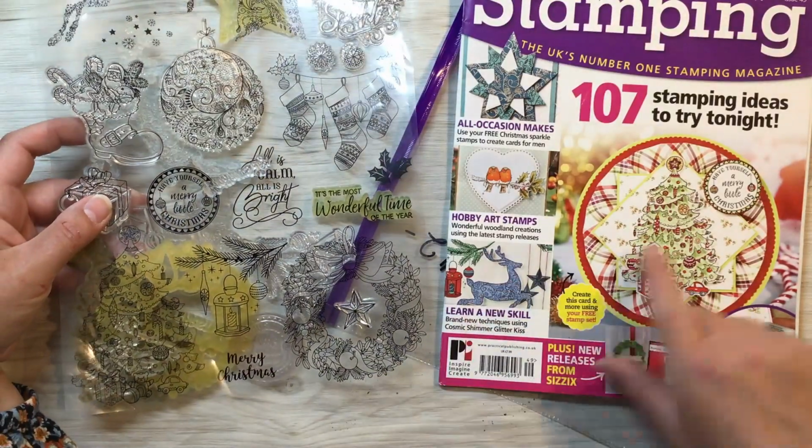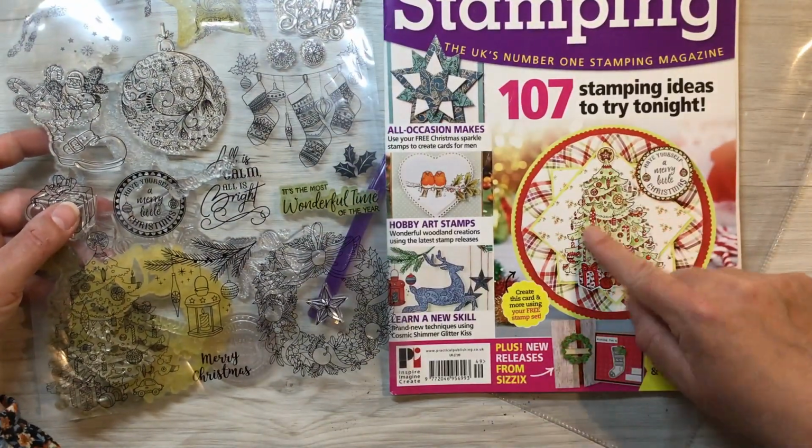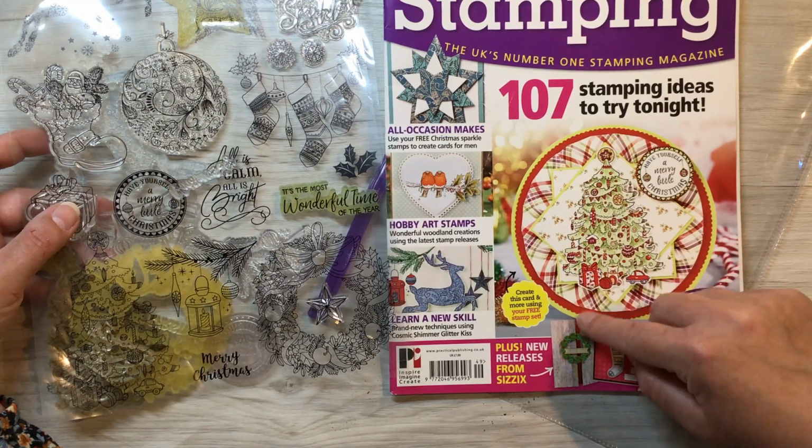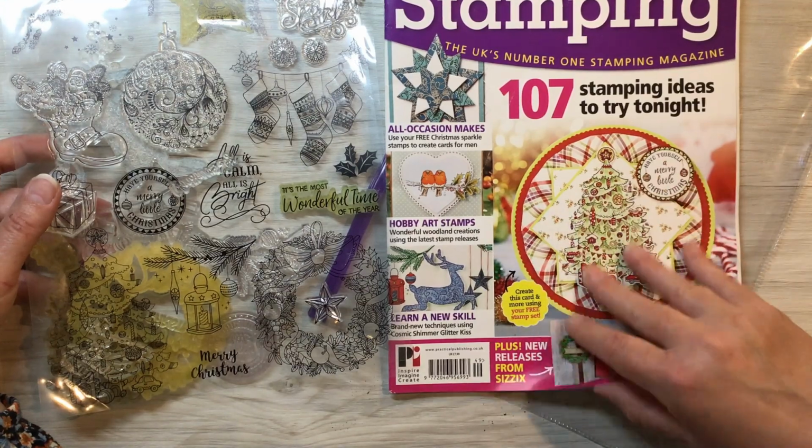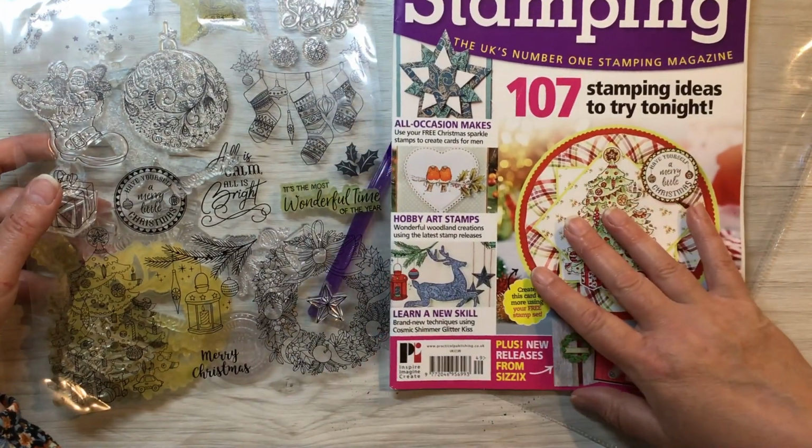So, Christmas tree, yeah, it's got that Christmas tree. So, this is what someone's made with bits from the set. So, it's great, really handy. It gives me ideas. I've got a box full of